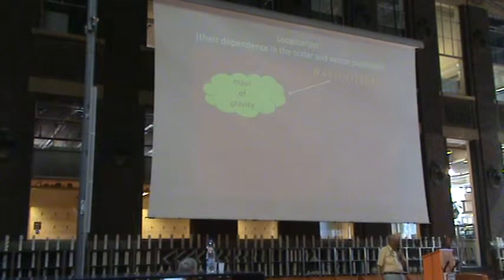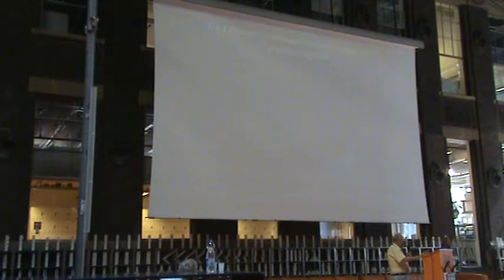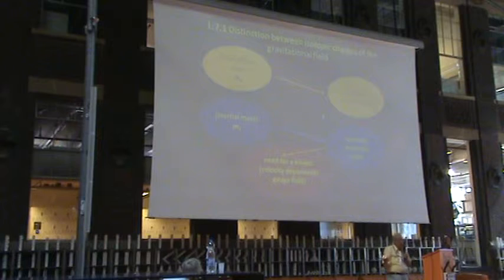The mass of gravity appears in the potential part of the Newtonian energy function, and it is localized in space-time, while the mass of inertia appears in the kinetic part of the energy function, but the kinetic part is always a velocity-dependent quantity. So the gravitational mass is localized in space-time, the inertial mass is localized in a velocity-dependent field, and this calls for the assumption